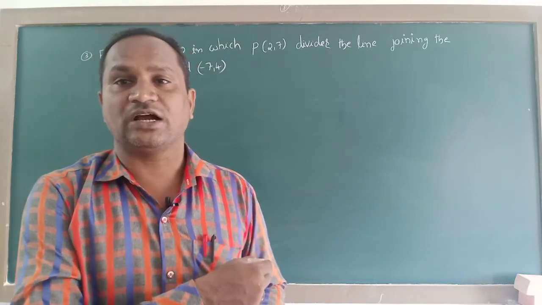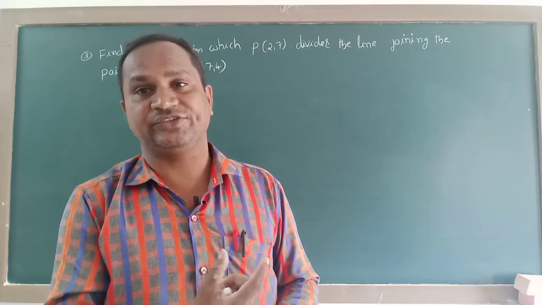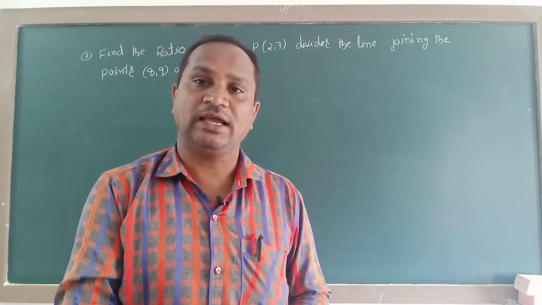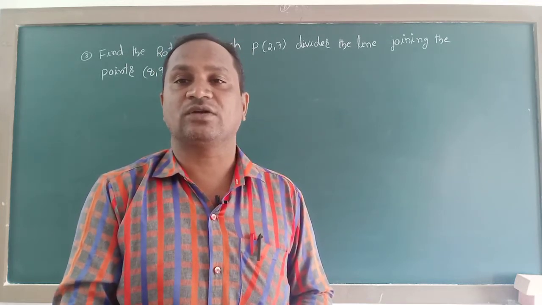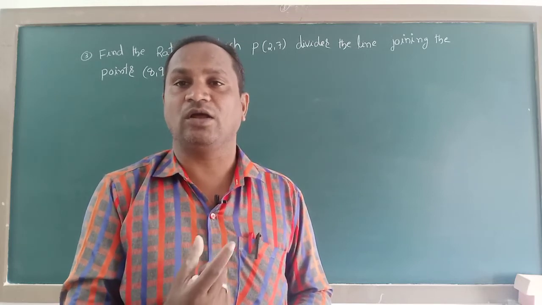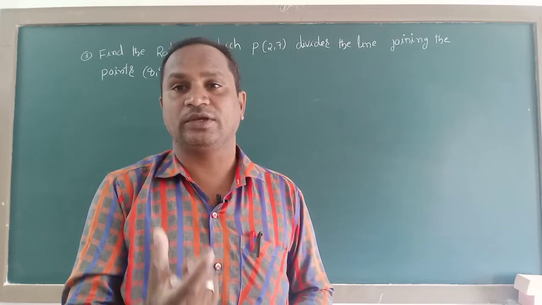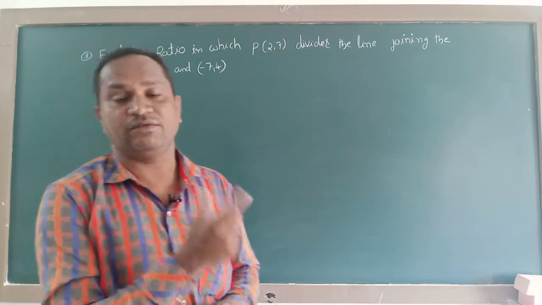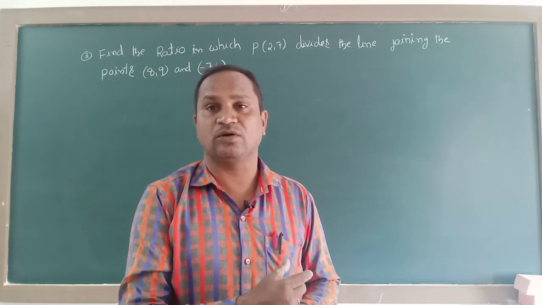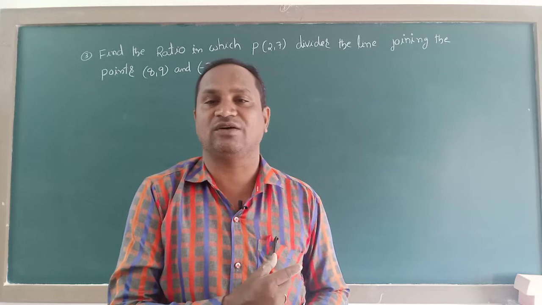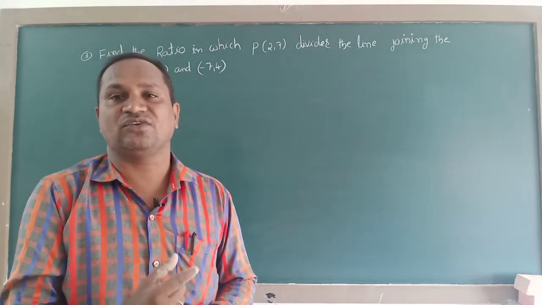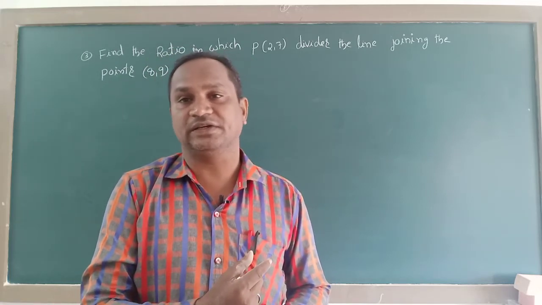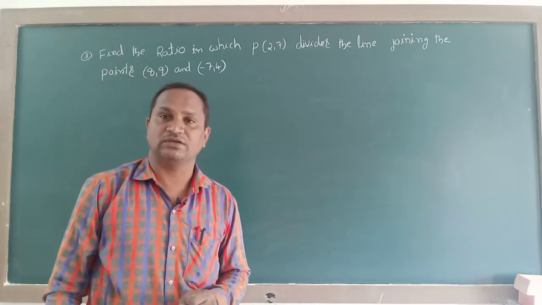Now let us check which ratio we get for the division point, either diagrammatically or by directly applying the formula, and see whether it is positive or negative. First, we apply the formula. For all these types of problems we apply only the internal section formula, and with its help we find what is positive and what is negative. Now let us give the solution for this question.